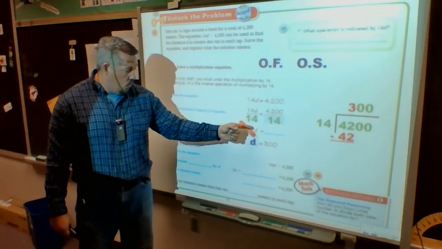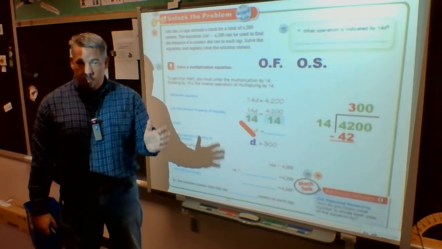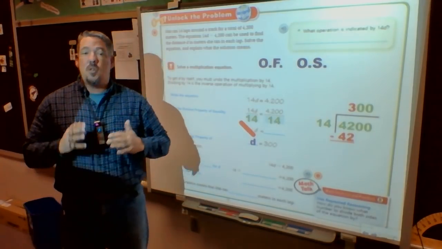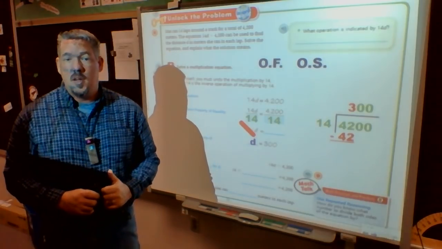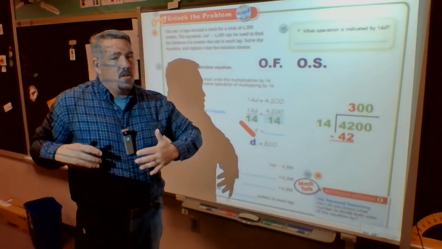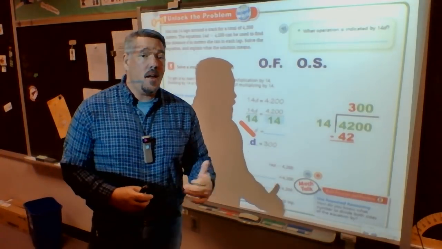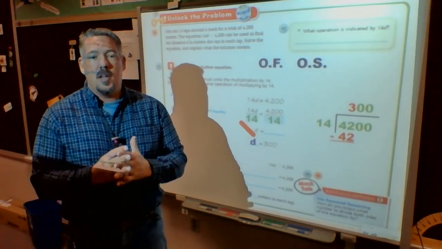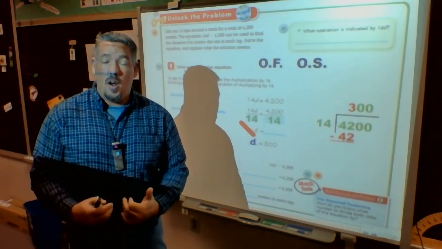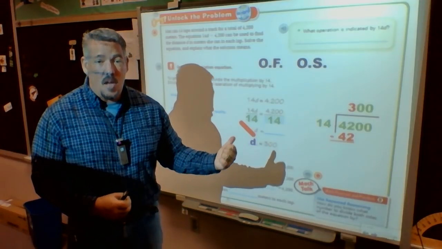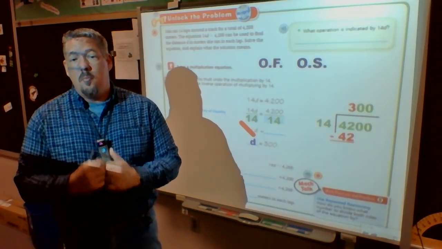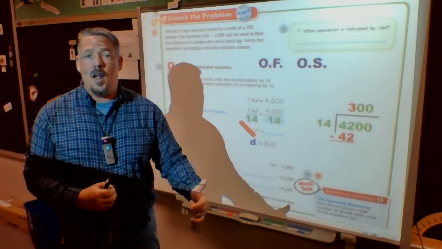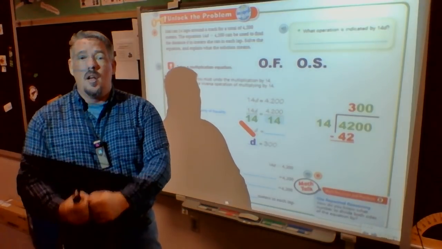What is 300? Well, D is 300, because that 1, because of the identity property, just drops off. The 1 came because the 14 over 14 canceled it out. That's the whole goal of these math problems. I have to get the letter by itself. I stress this over and over and over again because the second half of this chapter is inequalities, and I have to know to get the letter by itself. I stress that because in 7th grade, math is algebra, and you have to get the letter by itself. 8th grade, freshman year, algebra, algebra 2, trigonometry, it's all getting the letter by itself.